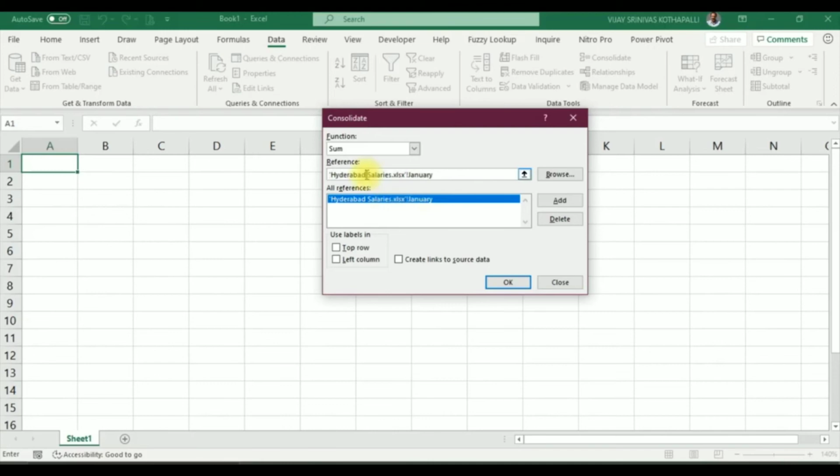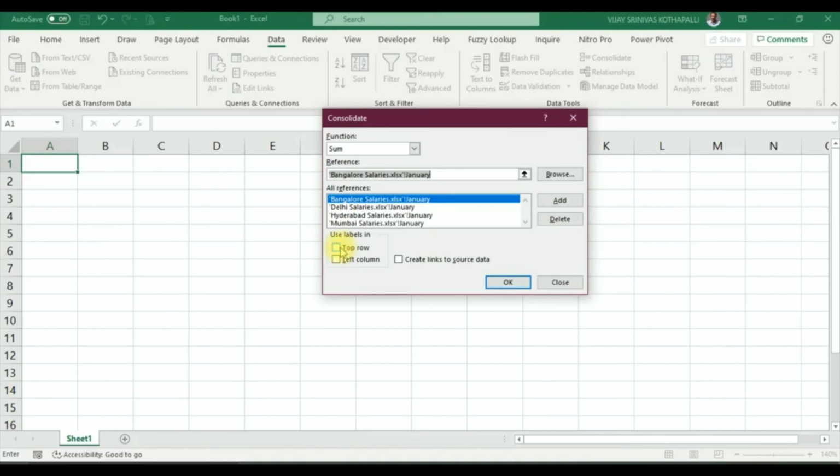If I have to add another branch, while doing so you click on F2 so that you can edit the particular field. Second one is Mumbai, because the path is in the same folder and also the reference what I have given is a similar name, I can just say add so that it will add. Coming to the third one, I'll say add, and the last one, and I'll say add.